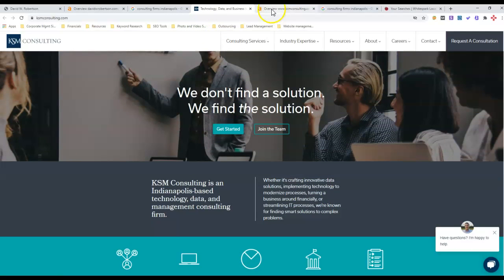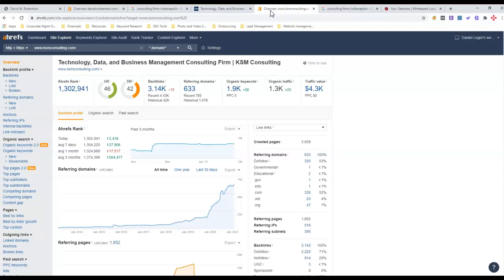So let's go ahead and take a look at their backlink profile. Now, this right here, this is why they're ranking at the top of Google. They got 1.9 thousand organic keywords. They're getting 1.3 thousand organic traffic every single month. They got 633 domains referring and 3.14 thousand backlinks. Their DR, which is their domain rating, is 42 out of 100. That's out of all websites that are on Google.